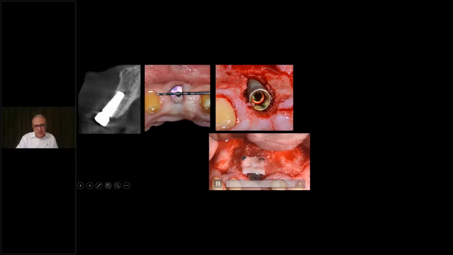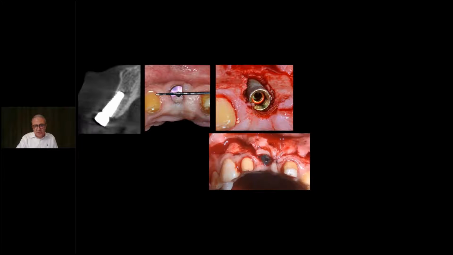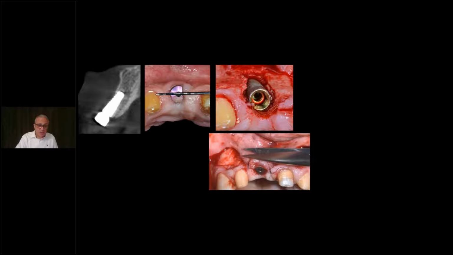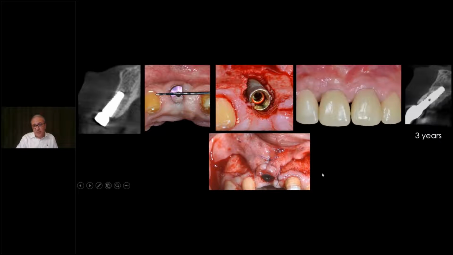For those who are interested in this type of graft, you can check out the special chapter in my book for it. And here's the case followed up 3 years later down the road. You can see a better aesthetic outcome with very nice emergence. So once you restore the position, you will end up with a very good aesthetic outcome.